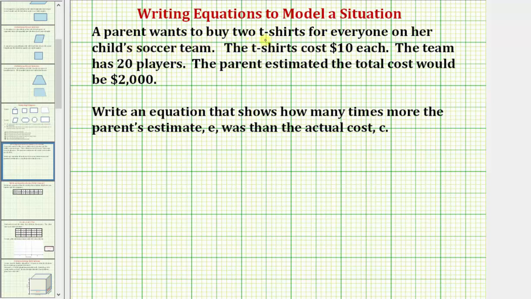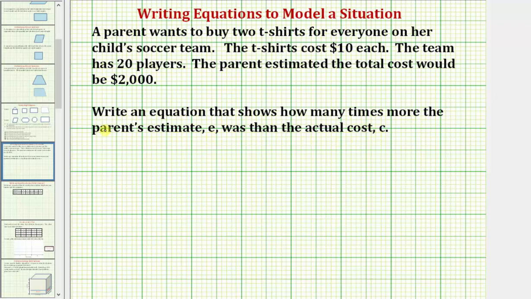A parent wants to buy 2 t-shirts for everyone on her child's soccer team. The t-shirts cost $10 each. The team has 20 players. The parent estimated the total cost would be $2,000. We're asked to write an equation that shows how many times more the parent's estimate E was than the actual